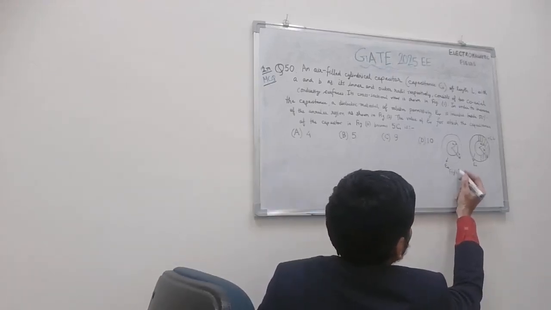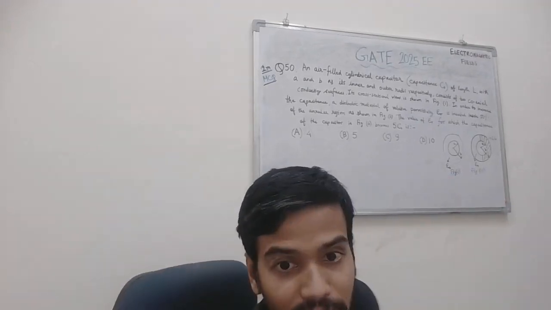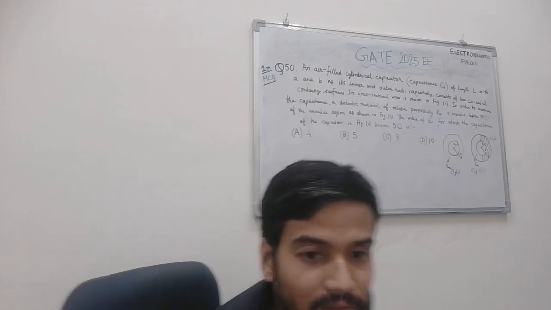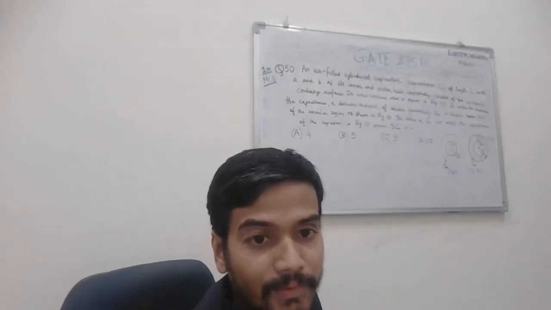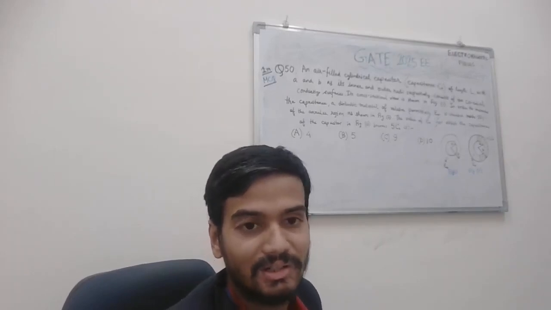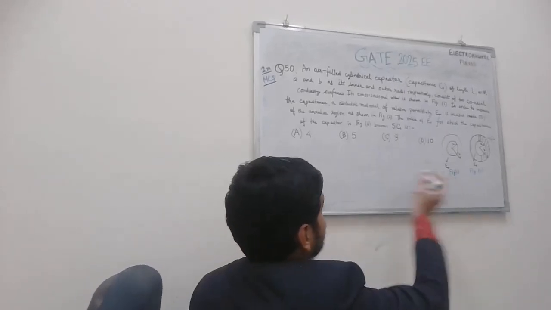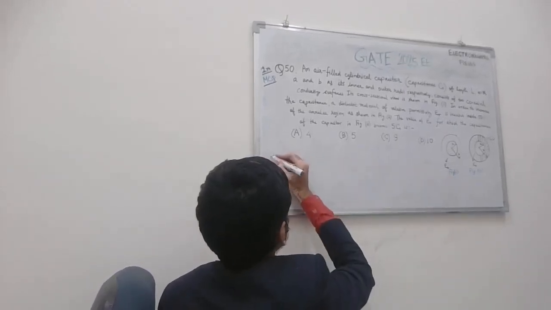Figure 1, this is the figure. Okay, quite clear, the diagram. On the whiteboard, basically 2 cylindrical capacitors are given. The configuration is shown. Right. Now let's move to the solution to this question.